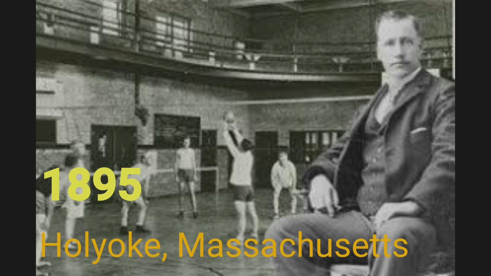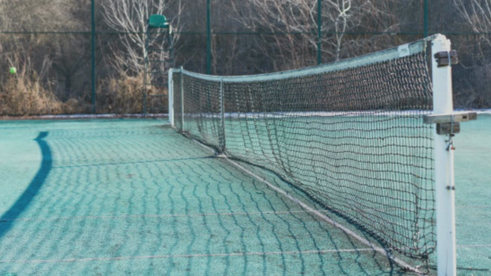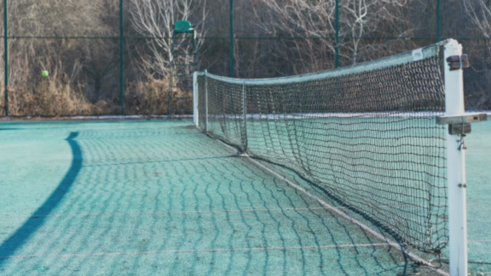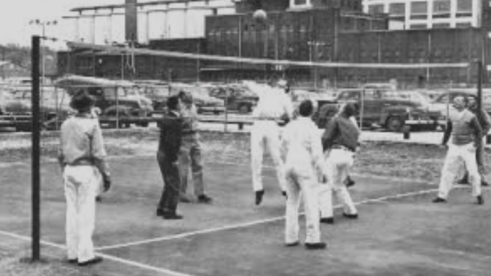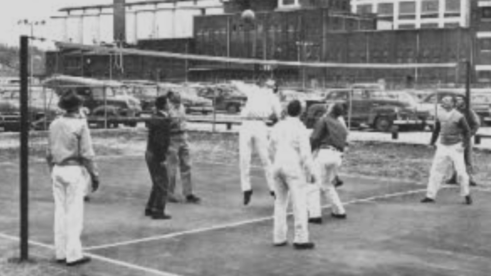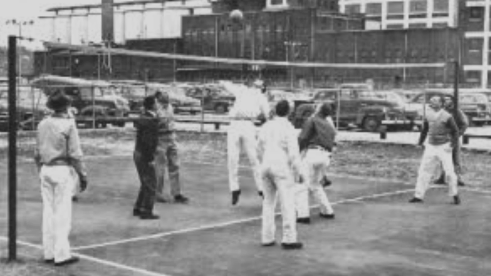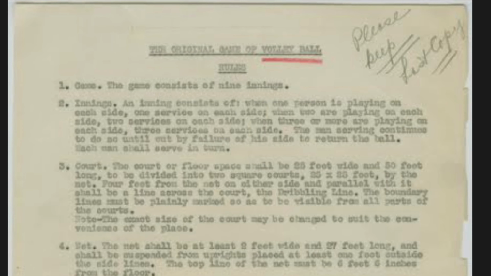At that point, William had a set of ground rules made up to facilitate the game. He used a tennis net, lifted to the height of 6 feet and 6 inches. He chose a court roughly 30 feet wide and 60 feet long, probably close to 25 by 50 at first, to ensure the game could be played in the gymnasiums all around the country. Here is a short list of the rules as originally set forth by William Morgan in 1895. There are some distinct differences between the game at its inception and the game as it will be even 30 years later in the early 1920s.